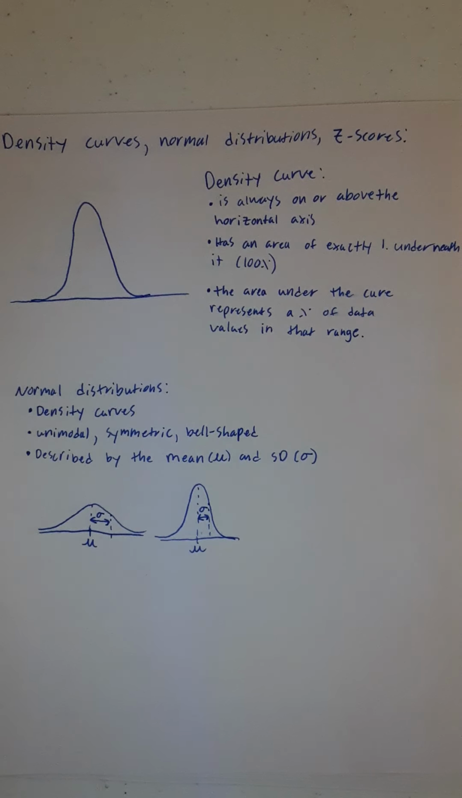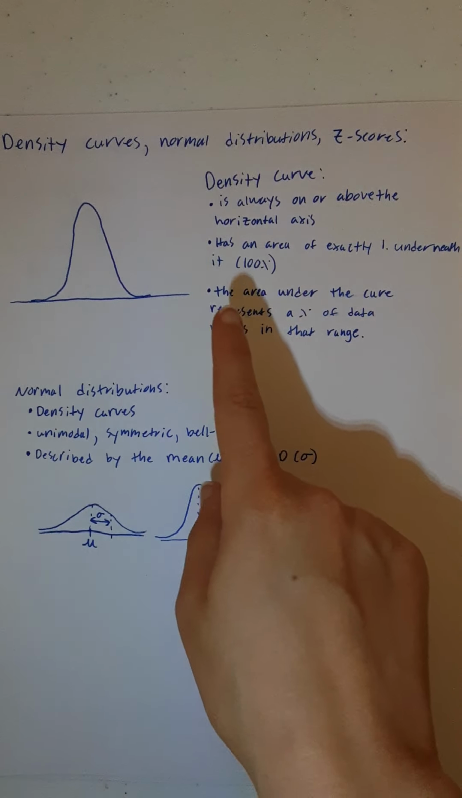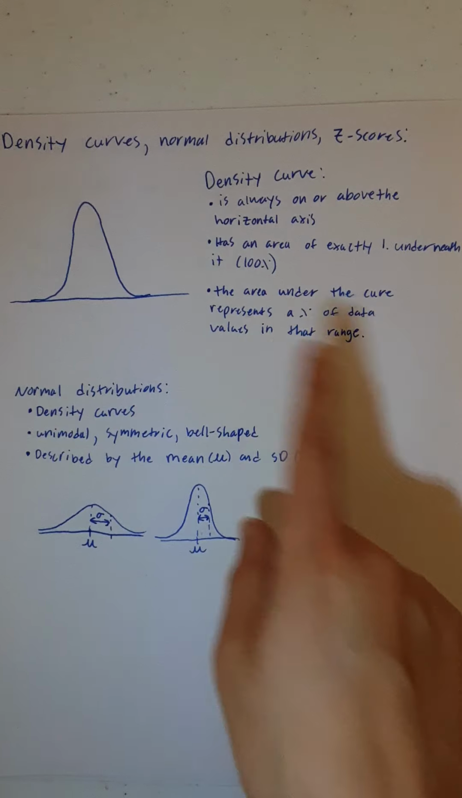Density curves are a special kind of curve that show a distribution, and they're always above the horizontal axis. We don't want them going below the horizontal axis where it's negative. They have an area of exactly 1 underneath the curve, which is also the same as 100%, we could think of it as. And this helps us understand that the area under the curve represents a percent of data values